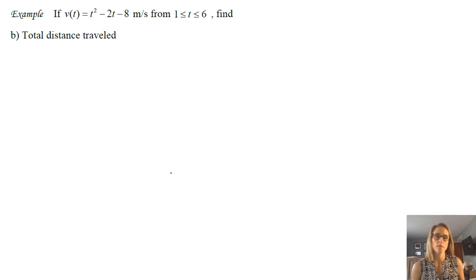And then the last question here is total distance traveled. So in order to find this, because this is a different answer, we have to think about where the velocity might change. Because as you can see from the picture towards the top of the page, whenever the velocity is negative, there's a place where it's crossing the axis, and we need to come up with those places where that velocity may cross the axes in order to find the intervals of positive and negative velocity so that we can then create multiple integrals. So we'll have this equaling 0, and